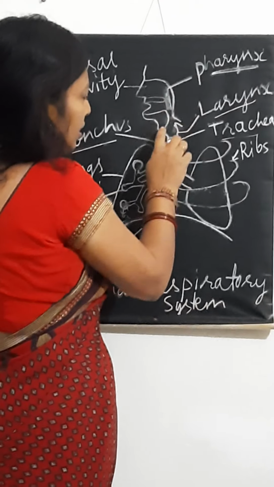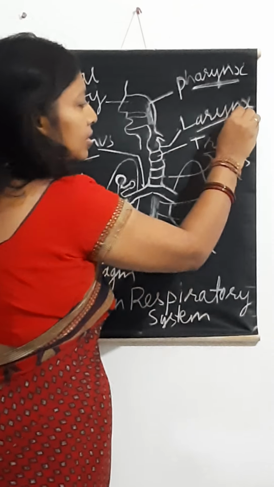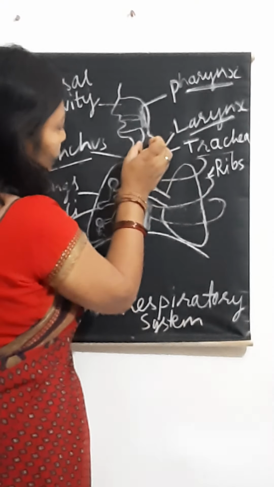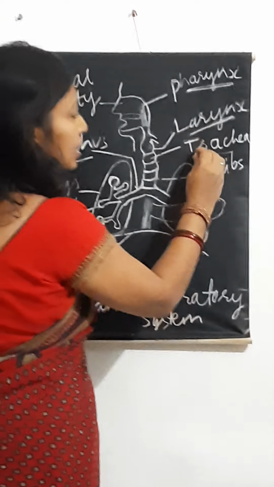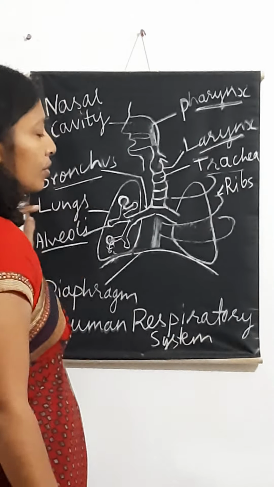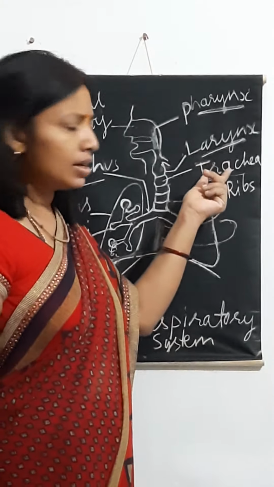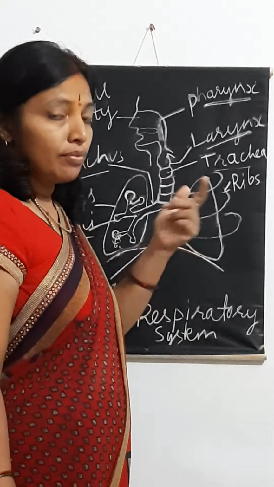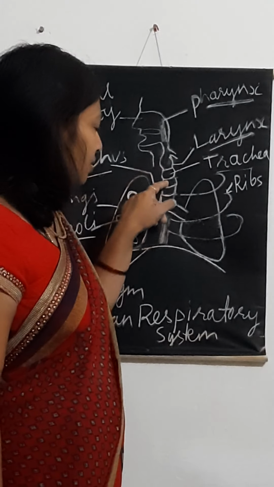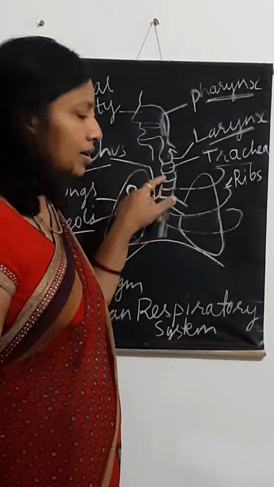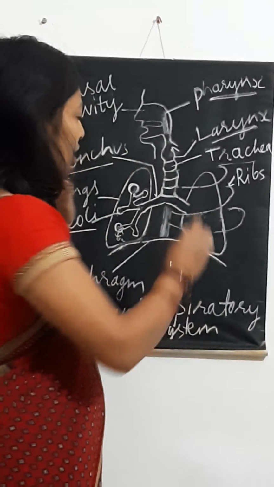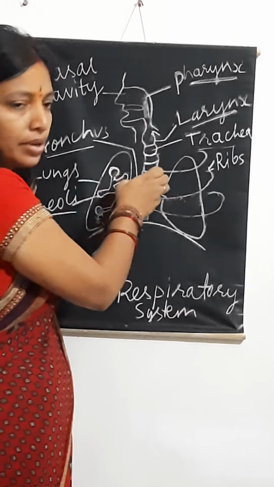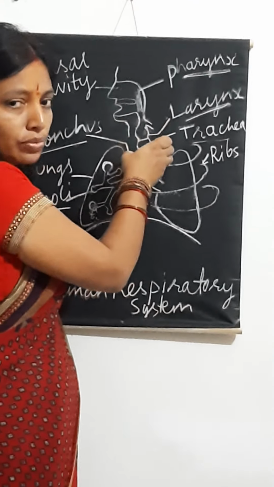And down, this pharynx continues to form the larynx. Larynx is our voice box. It helps us to speak. And further, this larynx continues to form the trachea or the windpipe. What is the role of the trachea? It acts as a passage tube through which the air further passes down to reach the lungs. One question they ask is, what is the importance of this C-shaped cartilage tissue? This C-shaped cartilage tissue helps to prevent the collapse of the trachea. So it helps to give support to this windpipe.